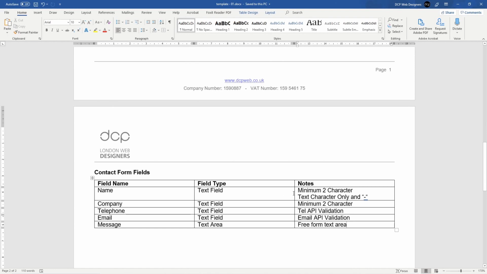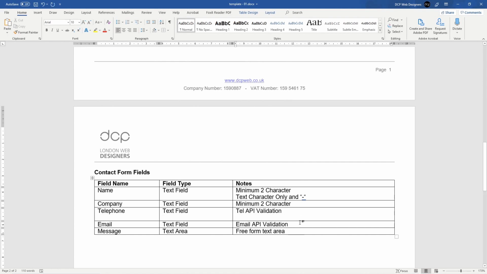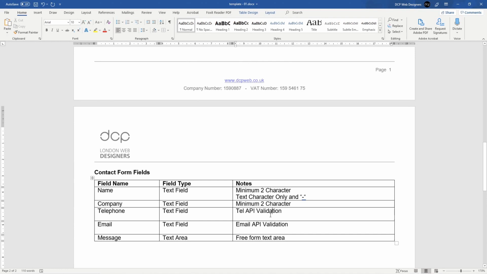But what I want to do is change the widths of these columns. Can you see? So I want to change this one and bring it back here. I'll click on this column here in between and drag it back a little bit to like here, and then I want to put a bit of extra information. So for telephone API and for email validation, I want to put a link to the website where this information